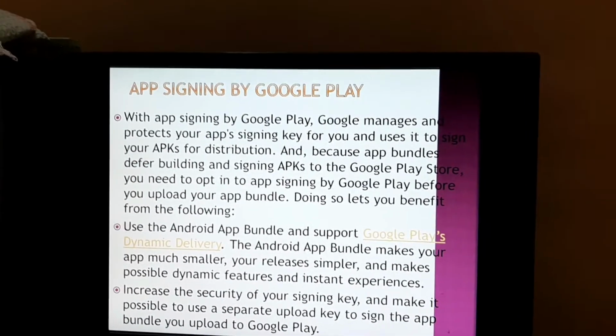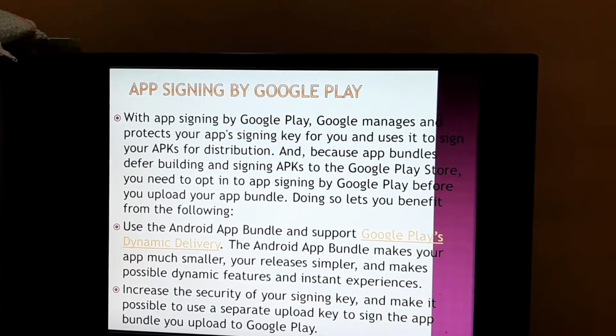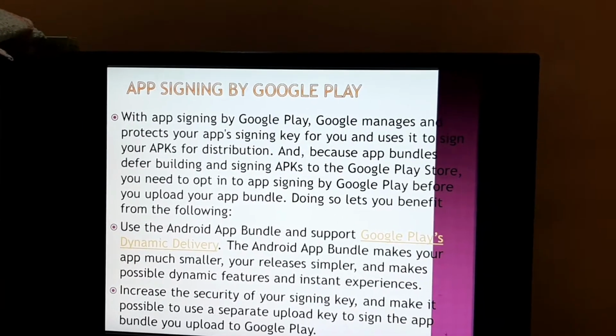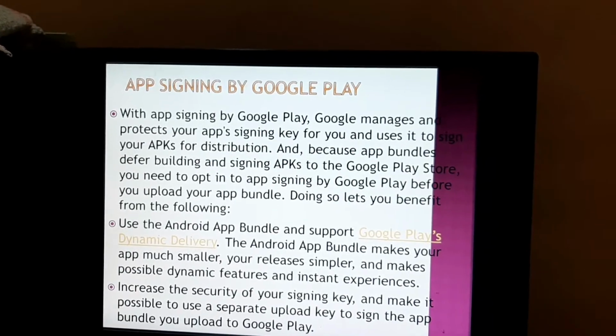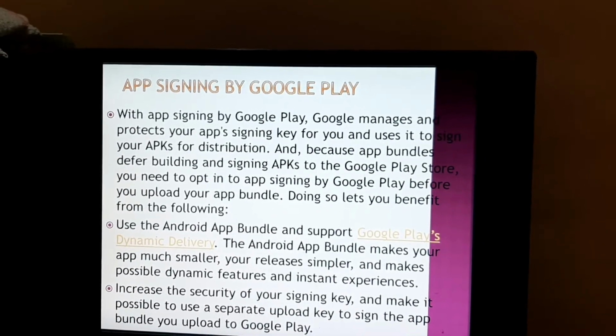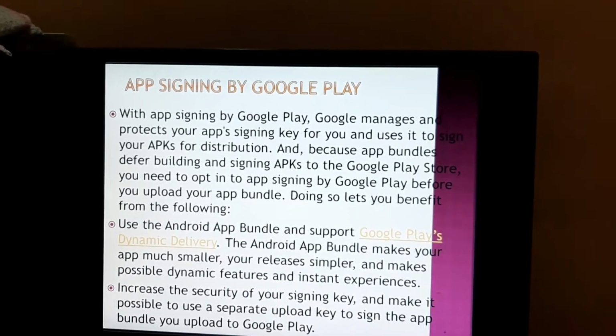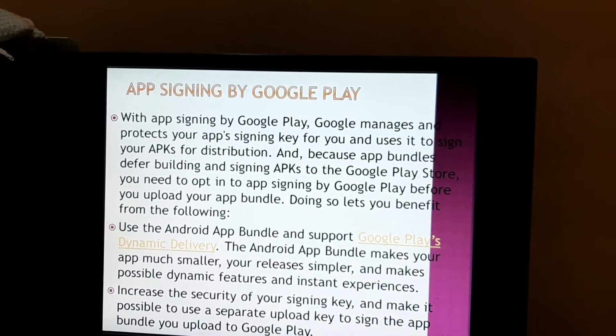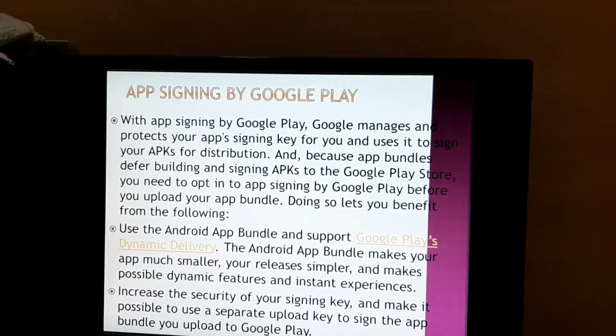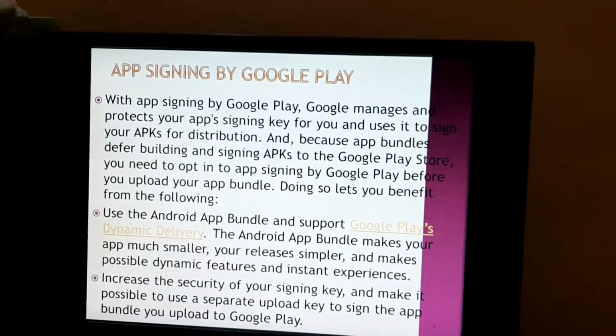By using a separate upload key, you can request an upload key reset if your key is ever lost or compromised. By comparison, if you are not opted into app signing by Google Play and you lose your app signing key, you lose the ability to update your app.